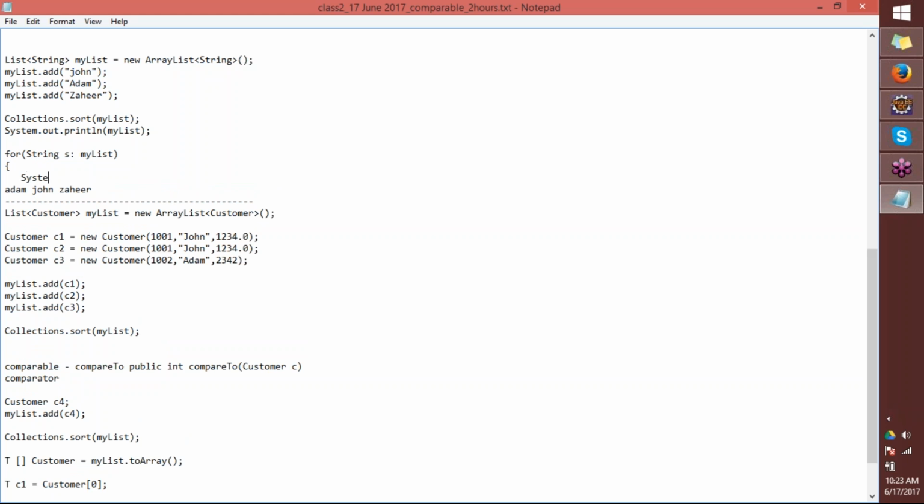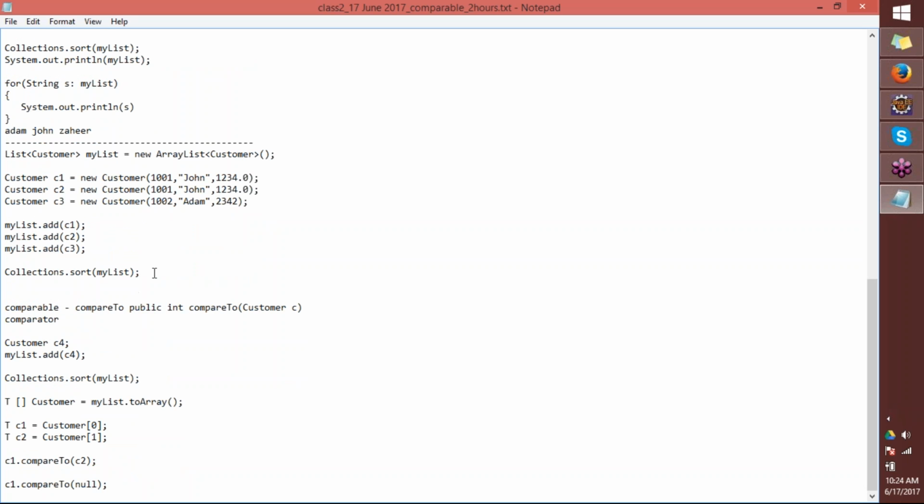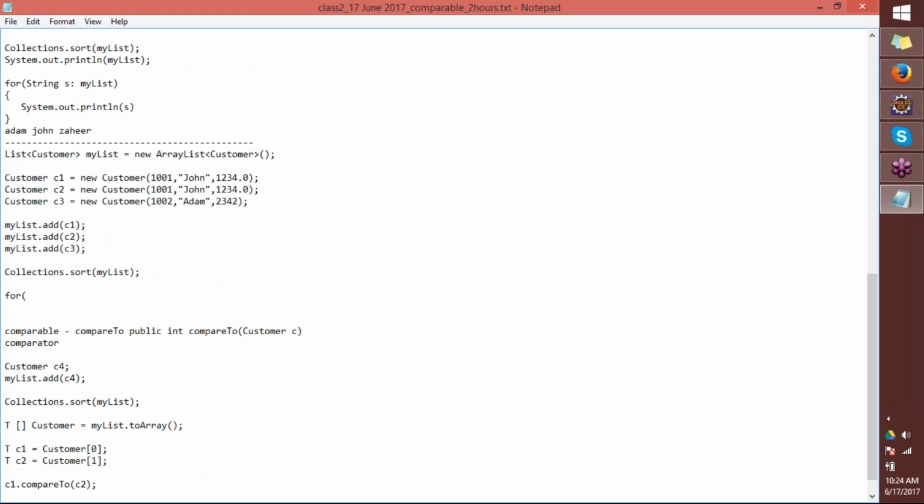But again, String is a class, it's not a primitive. How is it able to print the content directly? You got my point? String is a character array internally, but again it's a class. But here, when I do this, it may not work. It will come as an object reference only. I was forced to go inside like c.getID, c.getName and so on. Got it? So here, if I try this, Customer c : list,